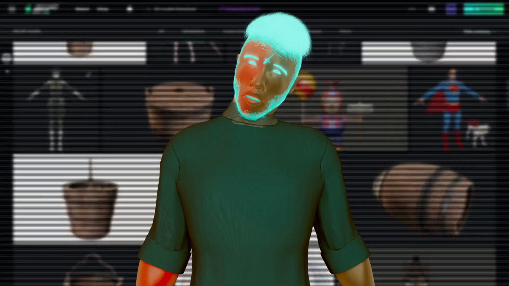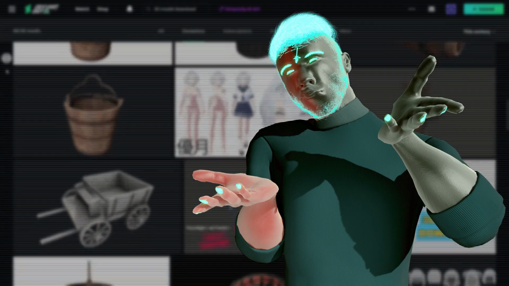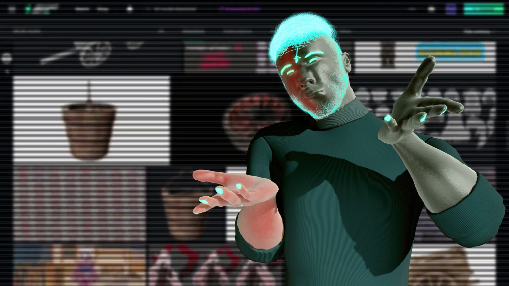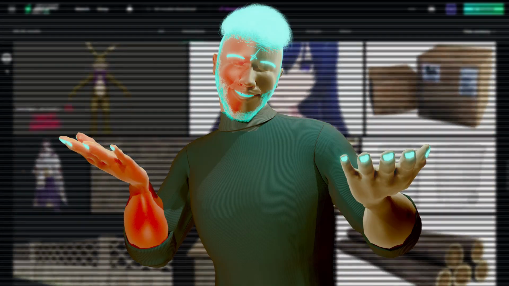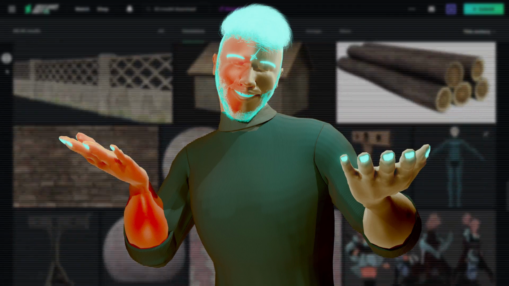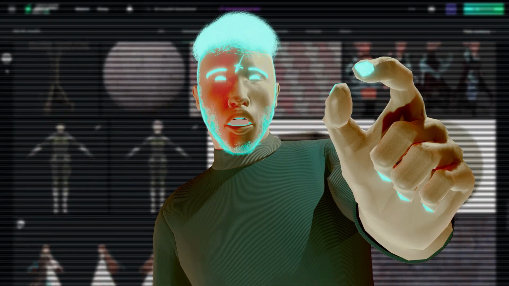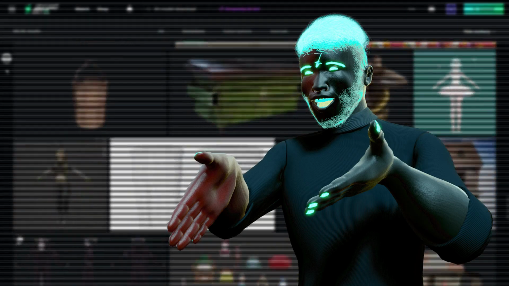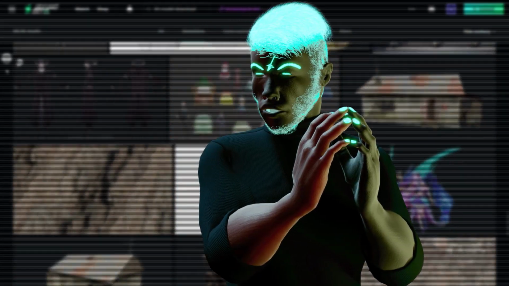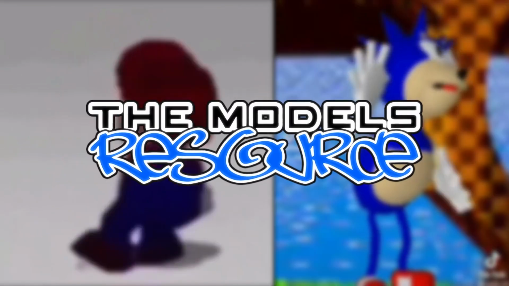But yeah, another downside is that the library might not be as diverse. You're mostly gonna find character models, and the more popular the character is, the easier to find, so you're gonna have a bit of a tough time if you're looking for like a specific gun prop or a specific thing from a specific game. But for that one, I use